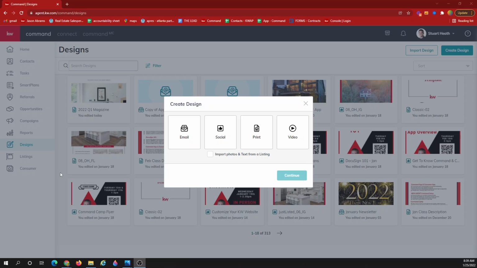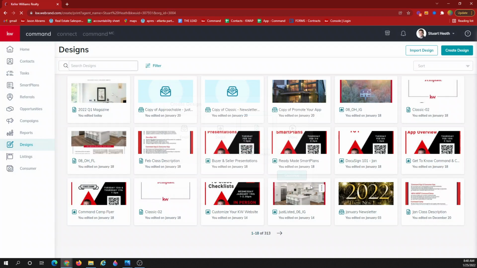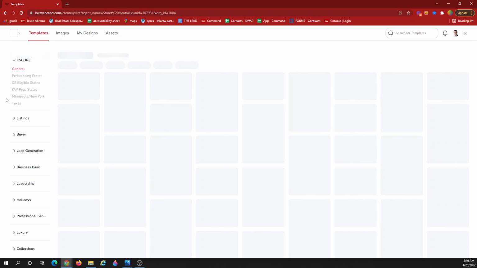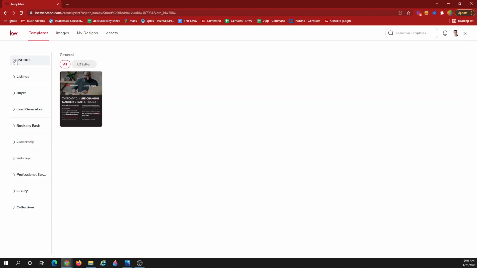We are here inside of Designs. We've selected Create a Design in the top right, and we're going to select the print option. We're going to load into WeBrand, and on the left side, we're going to see all the different categories of print material available to us. We are going to go into lead generation